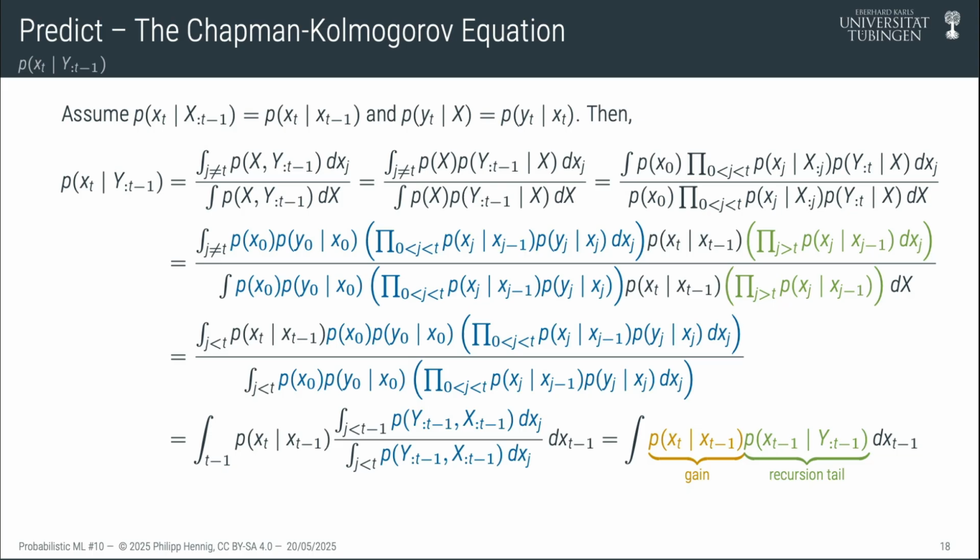Your question? Just that for the denominator, shouldn't the index be j up to t, not less than t? Here? In the denominator, so the numerator doesn't. You mean there should be an equal to t? Let's keep going and see. It might be that it should be an equal to t. Okay, let's keep track and see whether we need to amend the notation at the end of the derivation.